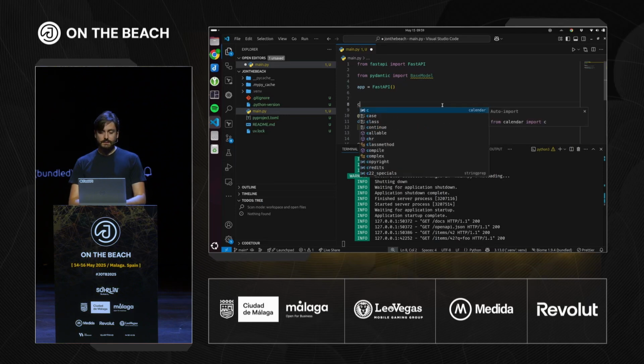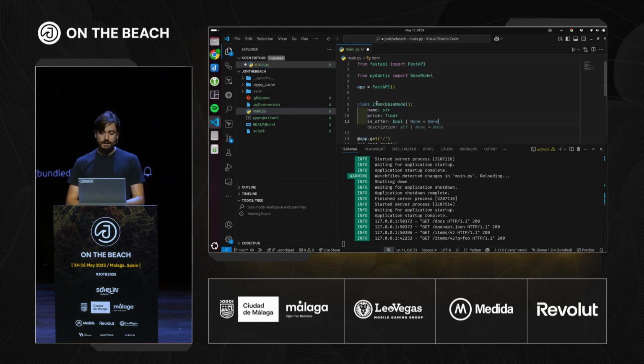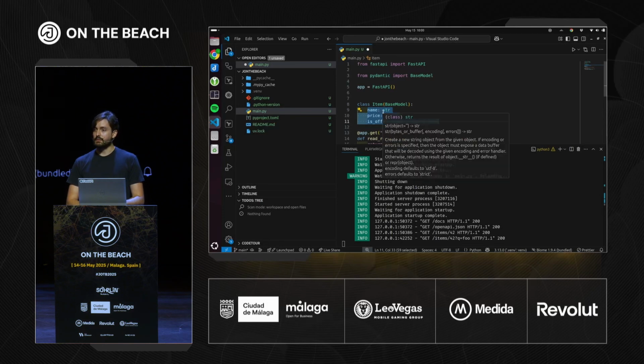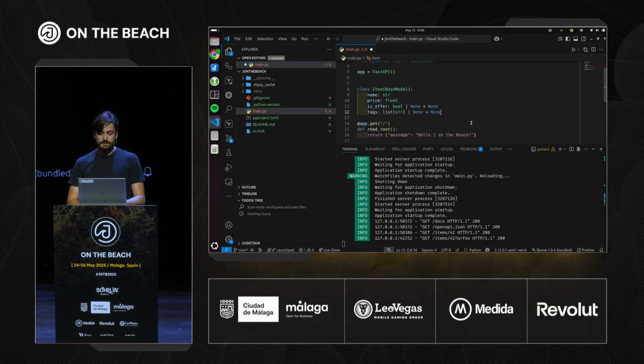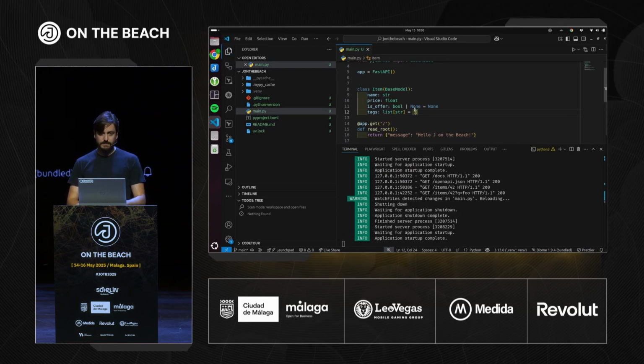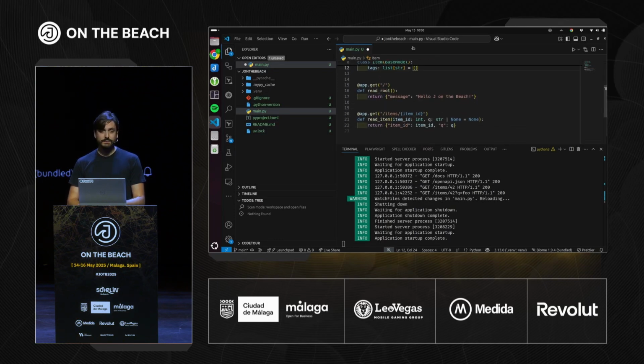And then we're going to say class Item. This is going to be a class that inherits from this base model. And then we define the attributes that we want to have. And this is just, again, using standard Python syntax for declaring types. You can also say something like tags is going to be a list of strings, but can be None. Or actually, you can say it's going to be a list of strings that by default is just an empty list. And Pydantic takes care of making sure that even if we define here that this is an empty list by default, it makes it all work. There are some caveats with defining lists as default values, but Pydantic takes care of that.